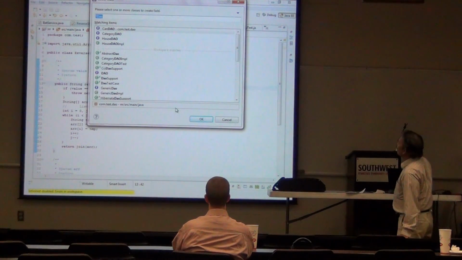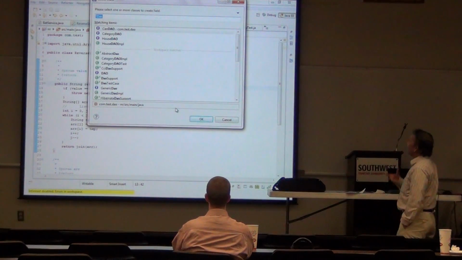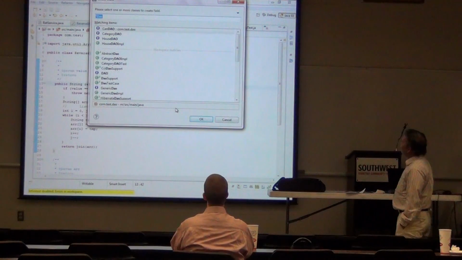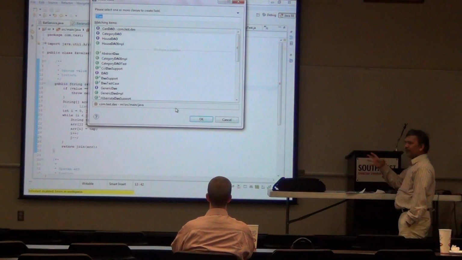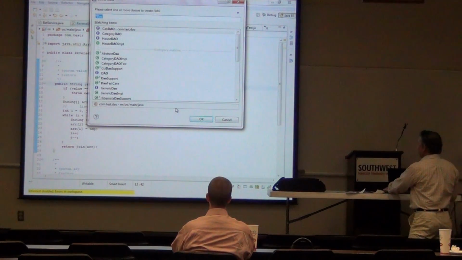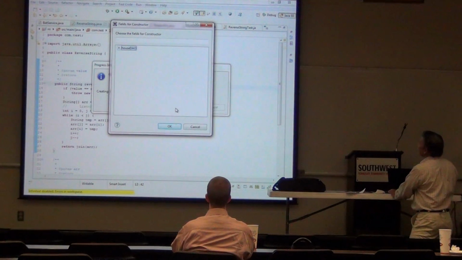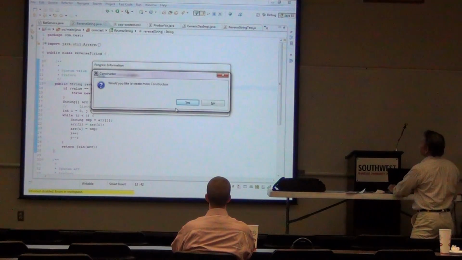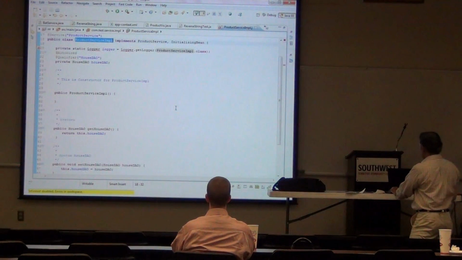So created. Now it's asking if you want to include some DAO. Like product service will probably call product DAO. I don't have that. But it might call some other, right? Some other item DAO, maybe the house DAO, where the factory is located, etc. But just to show, let's put the house DAO there. And let's do constructor. So boom, it will generate